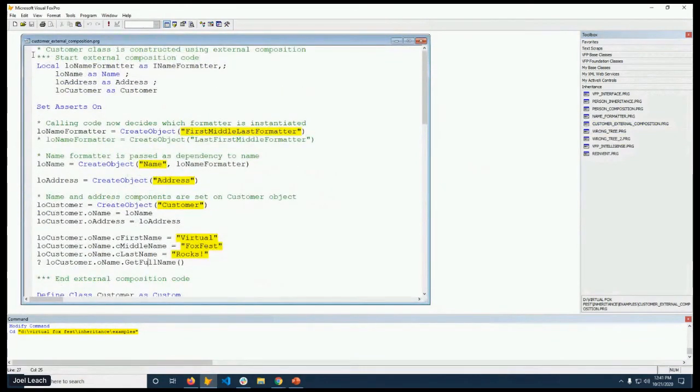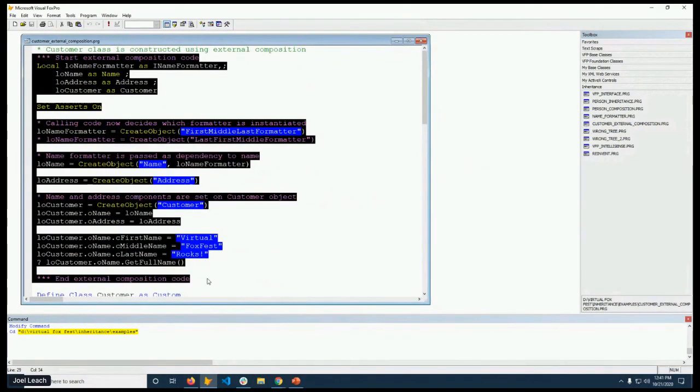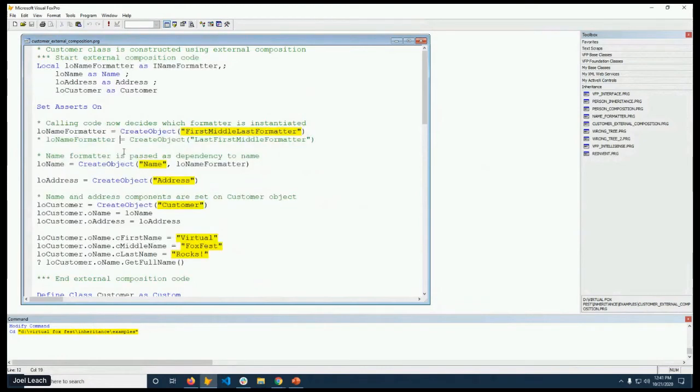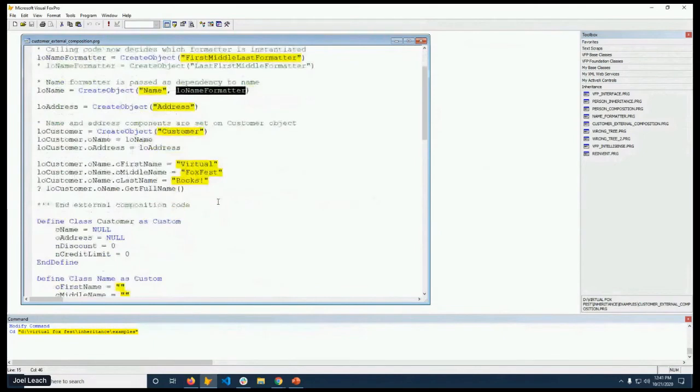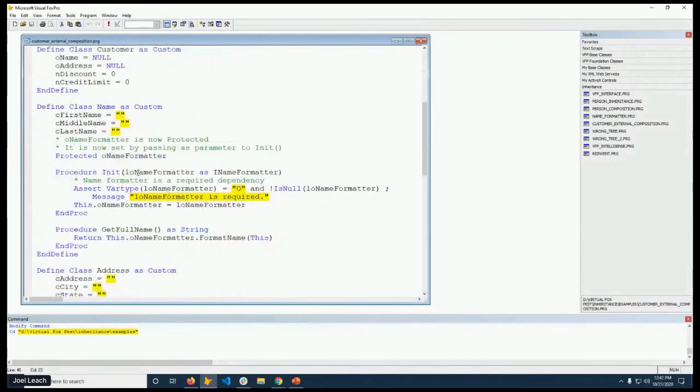So I have a section of code here that is performing all of the composition necessary to use the customer class. So here we're first instantiating the name formatter, and in this case we chose first, middle, last. And then I'm instantiating the name object next, but notice I'm passing the name formatter as a dependency to the name class. So if I scroll down here, you can see in the init, I'm accepting the name formatter as